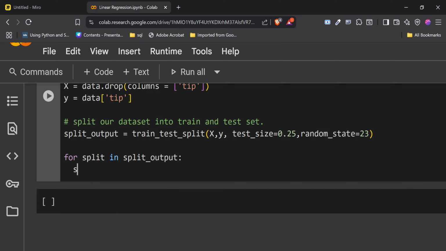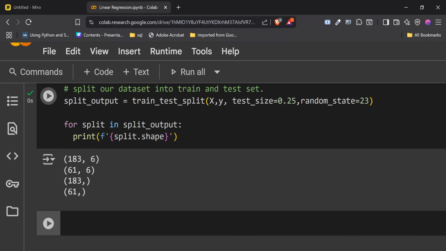We can print, I'm sorry. Yeah, F string, that's correct. Or maybe not F string because we are not adding any variable there. So now can you see? This is the shape of the X train. This is the shape of the X test, Y train, and Y test.